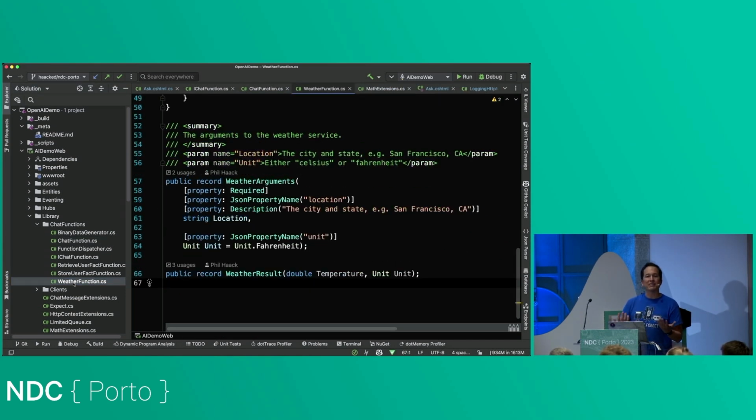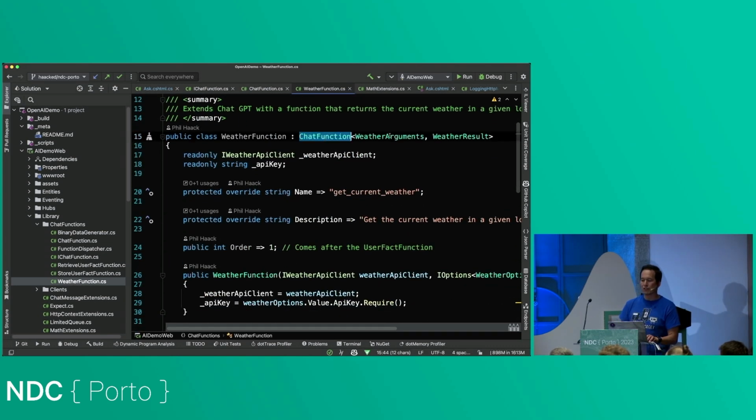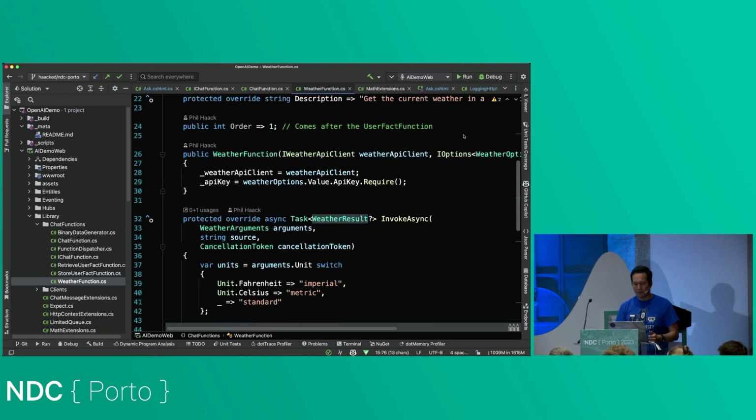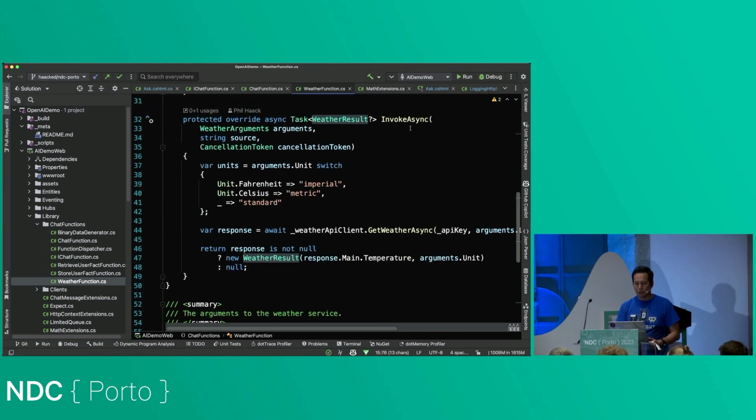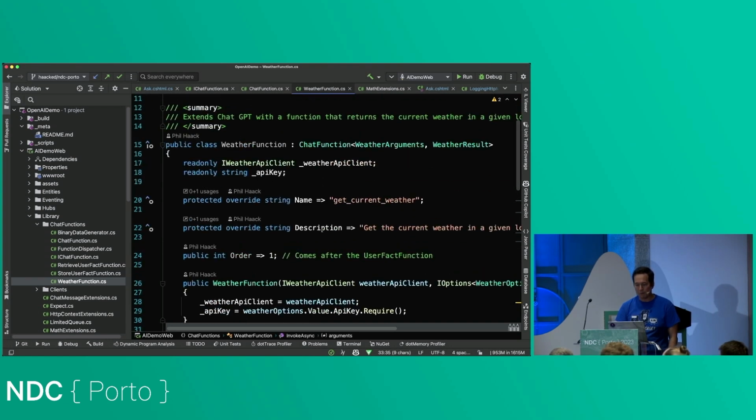And this is the example that they always use in the GPT docs. With the weather function example, you just inherit from ChatFunction of weather arguments, weather result. So you define a type for the input, a type for the output, and then you define a method, invoke async, that returns the output given the input. And that's it. And obviously you specify the name and the description.